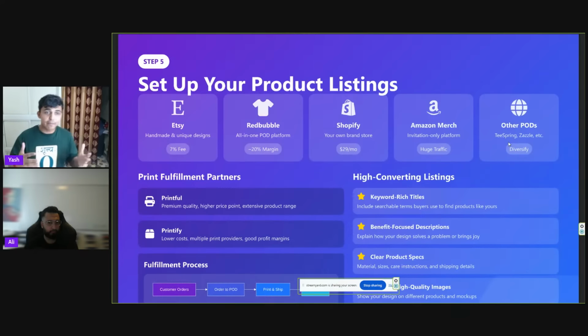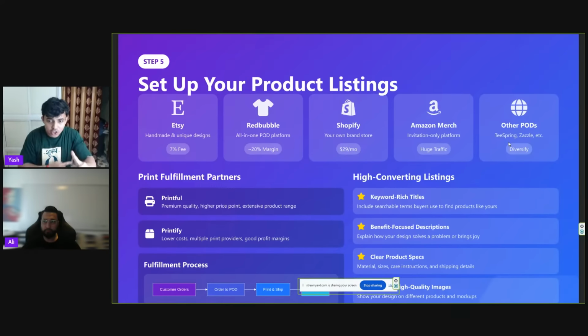Okay, so step number 5. Now you're ready, good to go. You got your designs, you got your virtual models. What are you going to do? We're going to talk about product listings. You can list them on Amazon Merch. There's a huge market there, but we call it Merch by Amazon. Unfortunately, that's an invitation-only platform, and you're not just limited to that. You can put on Redbubble, which is free to do. You can do it on Etsy, which charges like a 7% fee on transaction and 20 cents per listing and stuff like that. We will show you all the possible methods and marketplaces that you can list these designs on